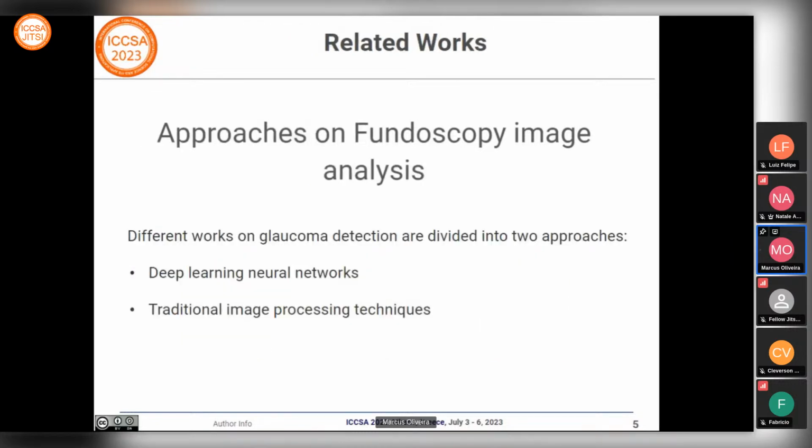Related works. There are a lot of works and papers about automatic glaucoma classification. Basically, they are divided in two approaches: deep neural networks and traditional image processing techniques. The deep neural networks perform great accuracy diagnosis, but they need a large amount of training data. They may not be readily available and require a large amount of GPU memory to train the model, increasing the prediction